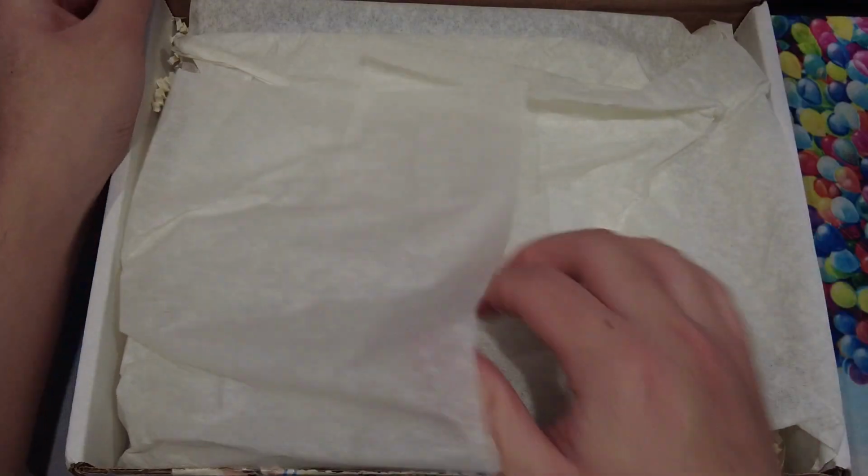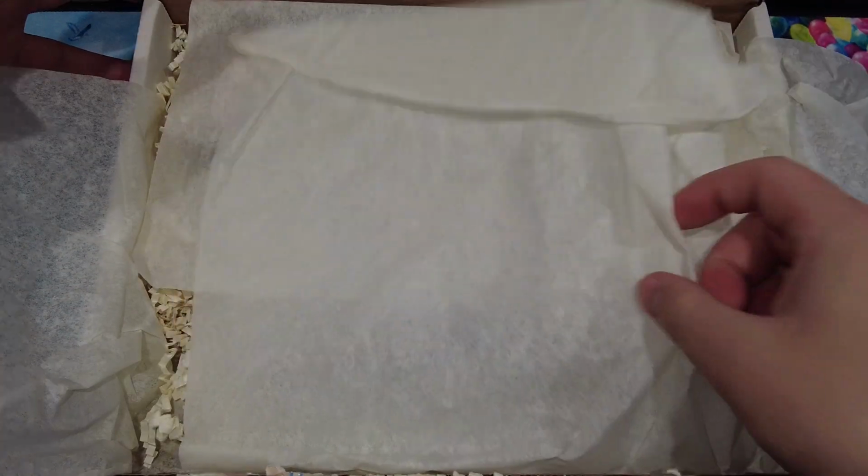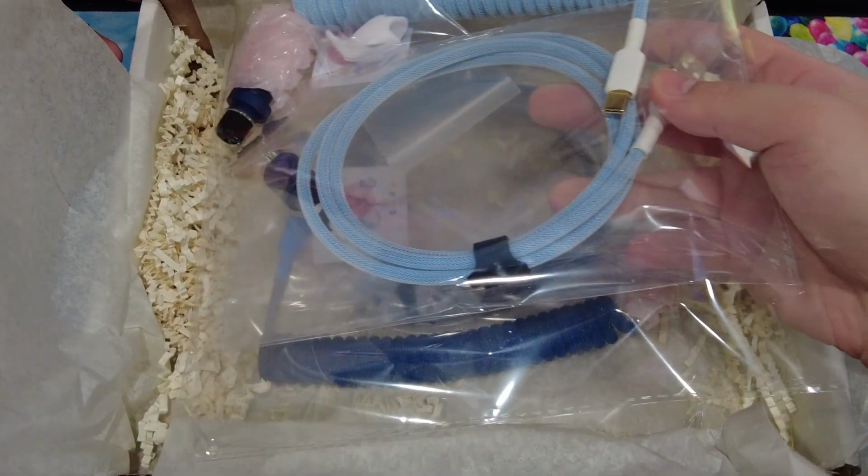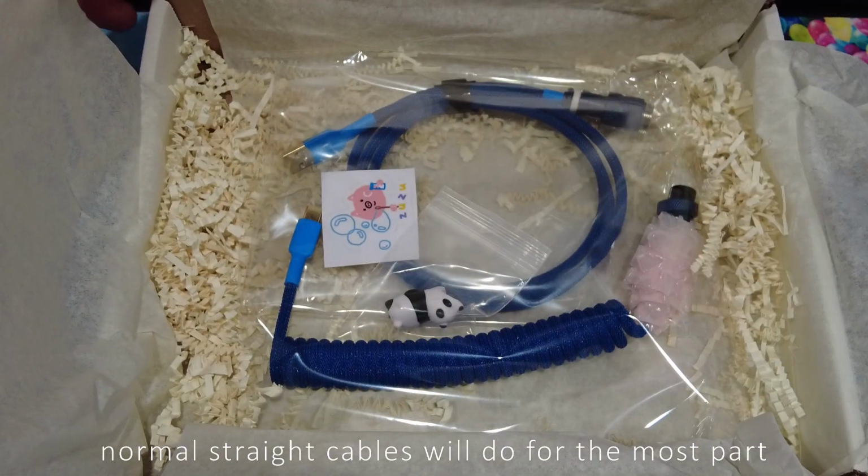So I ordered a couple cables from Zuzu Cables around 2 months ago in March. Although I already have coiled cables that I bought from Tez Cables, I was looking for cables to match some keyboards that I have coming in the future. Coiled cables are not necessary for a keyboard to work, but it is a nice accessory that you can buy